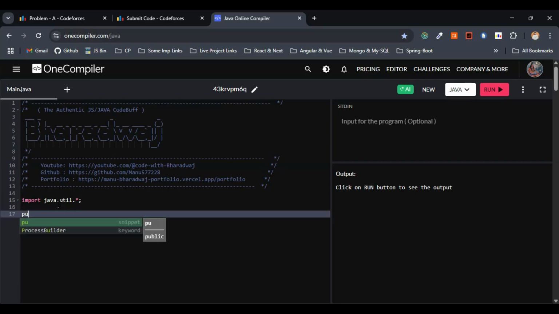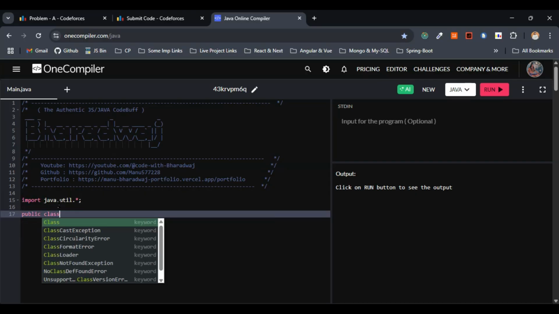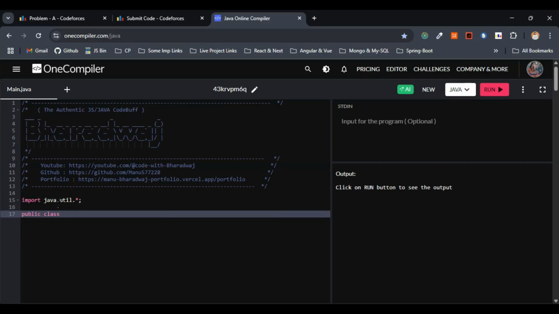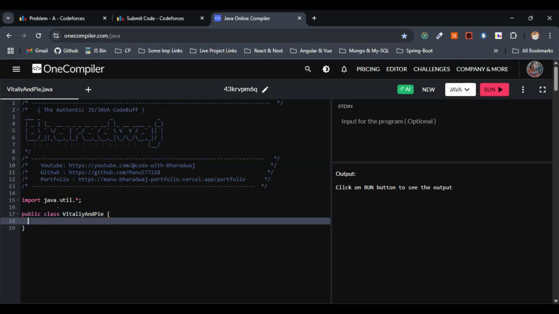Here let's make use of the class, and let me name the class. Vitaliy is the guy who has to reach from room 1 to room n, right? So I'll just name the class Vitaliy and pi. So within this class, let's give